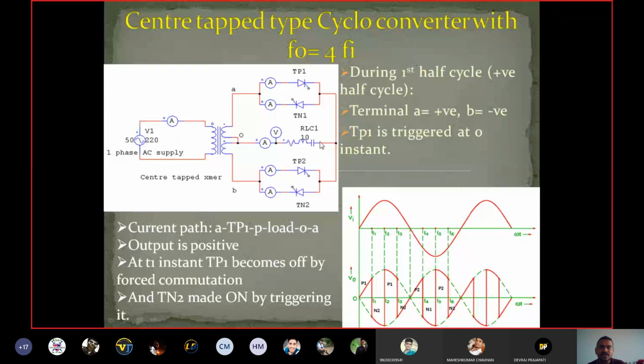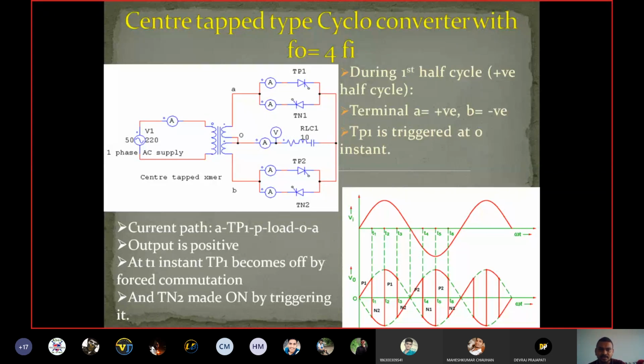That means current is flowing from P to O through the load. Okay, load में से जो करंट फ्लो हो रहा है वो कौन सी डायरेक्शन में हो रहा है? P to O, and this is the positive current we assumed. Okay, so the current is flowing from P to O through the load, so this is the positive current.